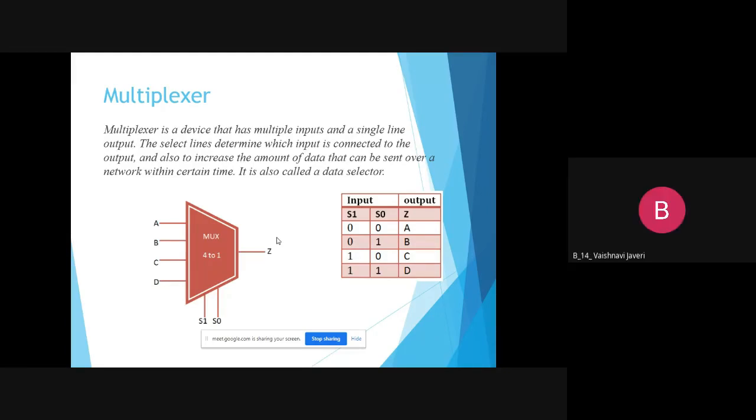Ma'am, entity is the description of input and output. Yes, entity is the description of the input and output. So here, for 4:1 multiplexer, how will you write the entity, or what will be the entity for this?